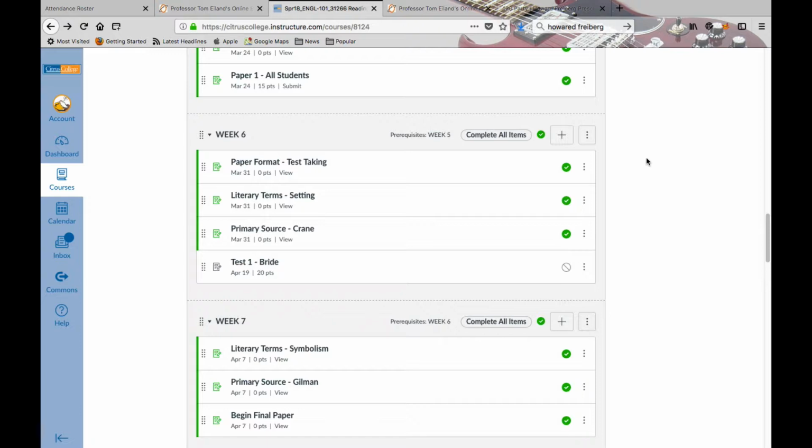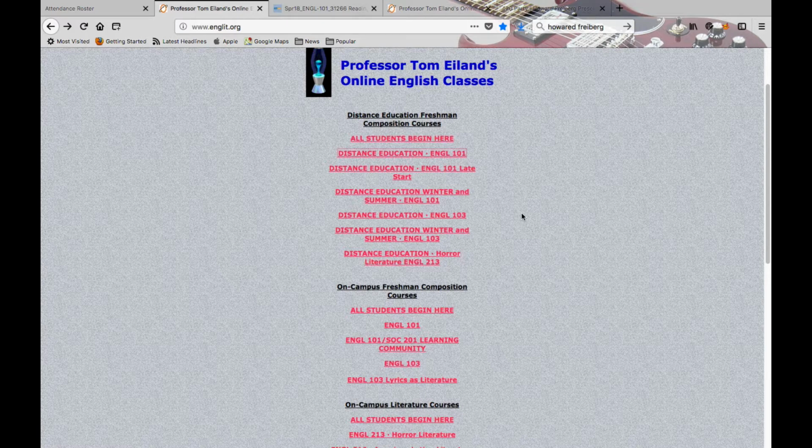Mostly what you're doing is you're learning this skill. You're learning these through a series of tasks in which you demonstrate to me by the end of the semester that you understand what the college level research paper is, because you'll need it in other courses. To help you with that, you'll also be directed periodically